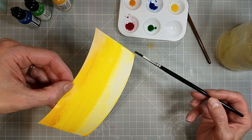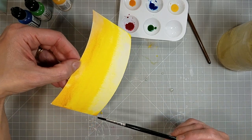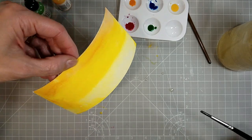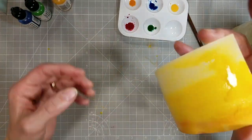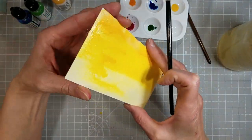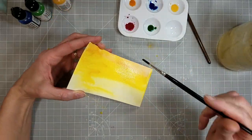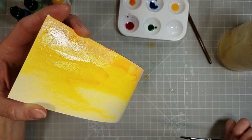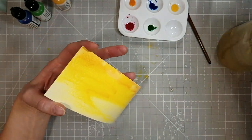in the other direction. So I started wet on dry, and then I added more and drew the paint down the panel by adding more water and picking it up and letting it run down the panel. Then I turned it, and I was really enjoying the way it looked when the drips started sliding down the